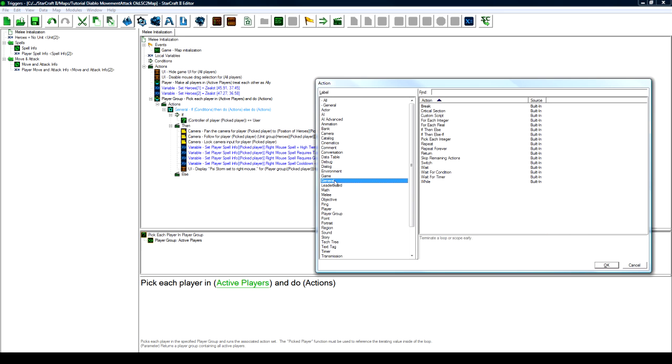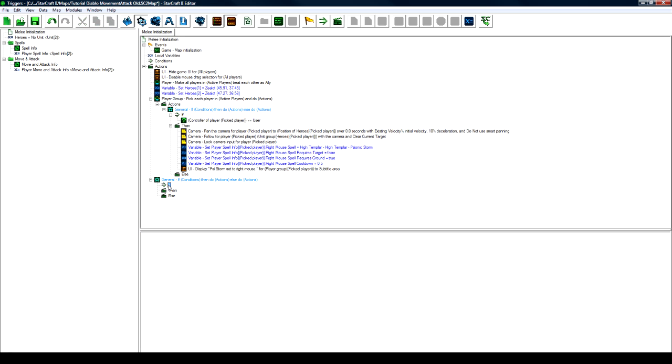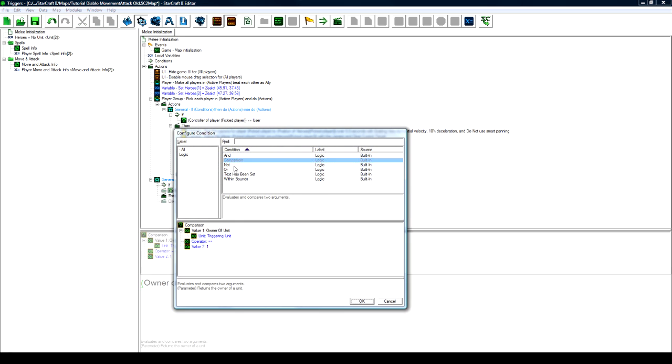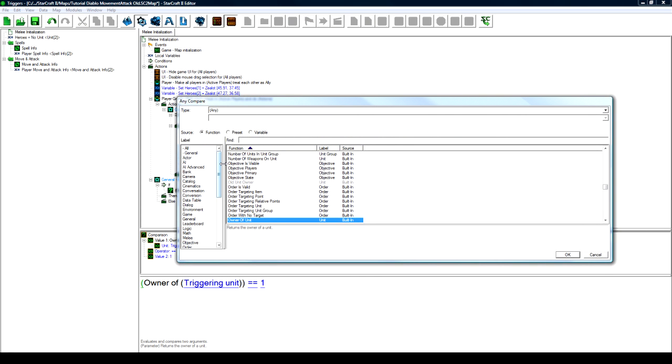And then go to General, the one down here, and click on If Then Else. Make sure it's outside of the player group action. We don't want to loop through this, but we do want to do something here. So in the if block, hit Control W, comparison, OK, change the condition to be